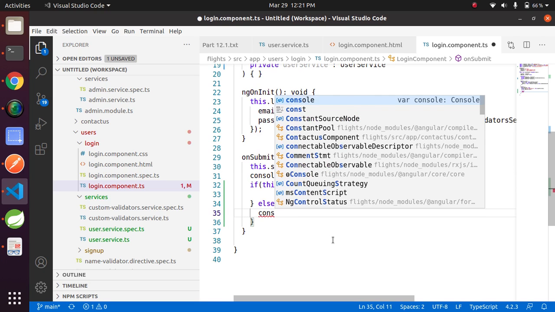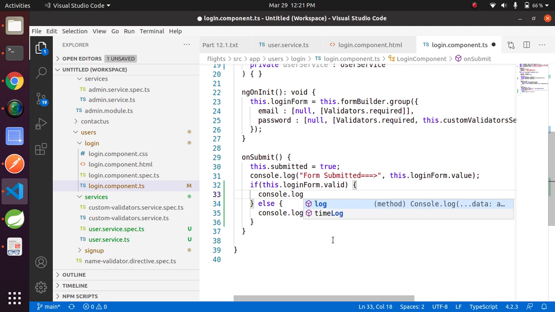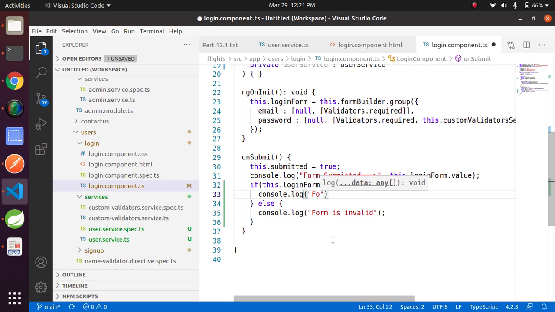else console.log form is invalid. Console log form is valid.